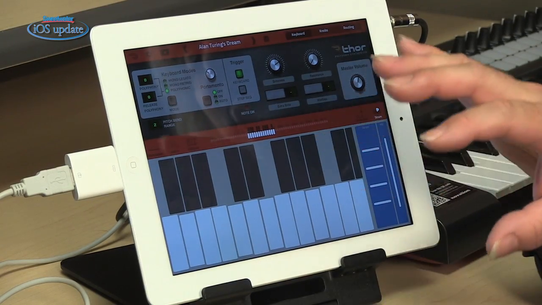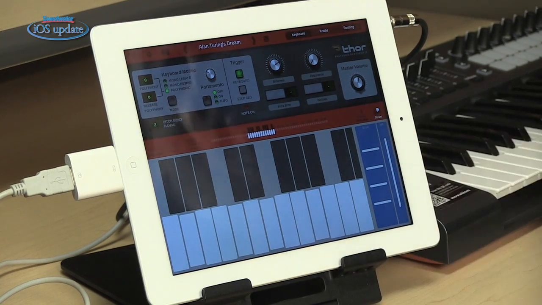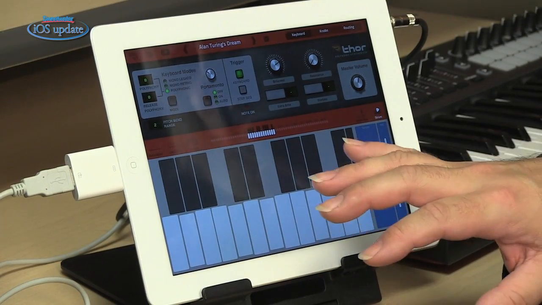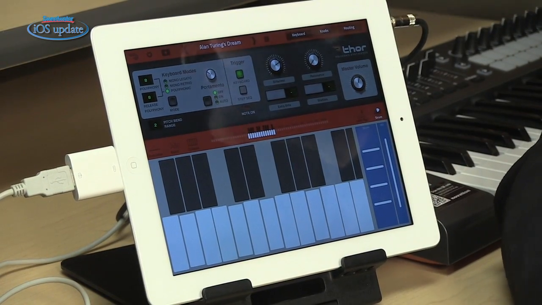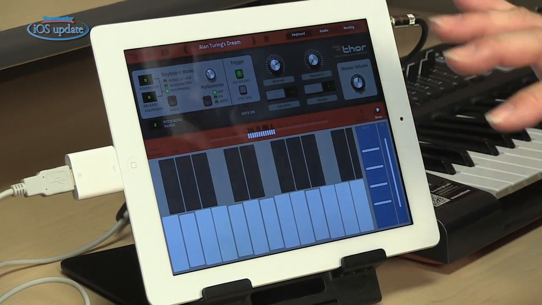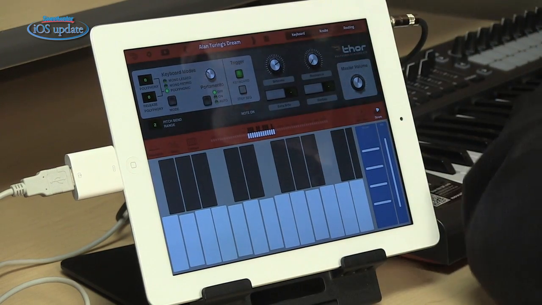The Propellerhead folks have split off Thor and made it a standalone app that now runs on iOS devices, which is what we have open on my screen here. Thor provides 6 different oscillator types, 4 different filters, built-in effects, a built-in step sequencer, all sorts of capability for creating sounds. The iOS version is exactly the same as the version that runs inside of Reason, and in fact you can create patches on the iOS device and move them over to your computer